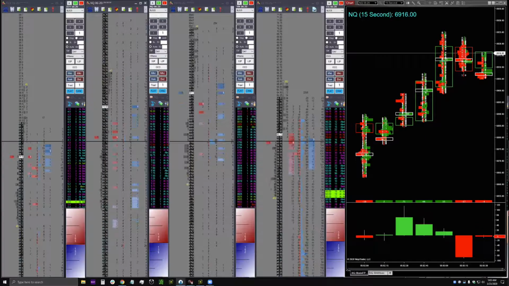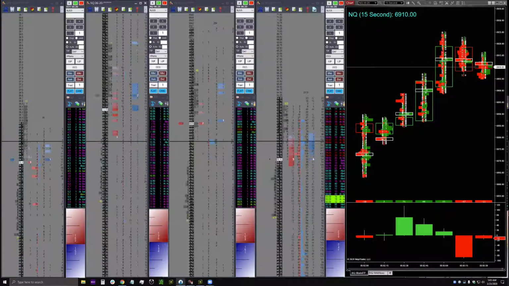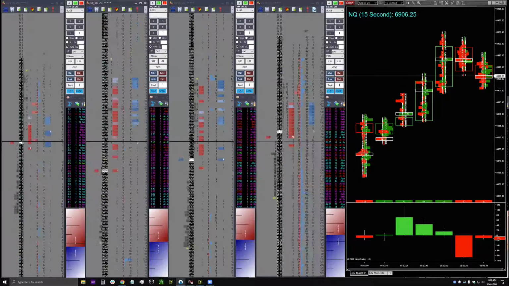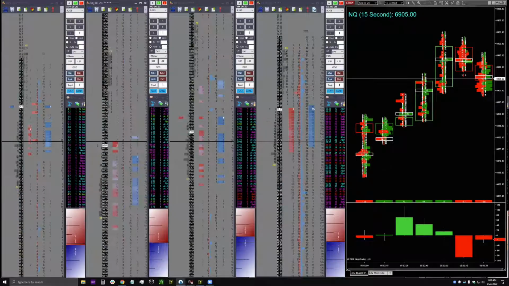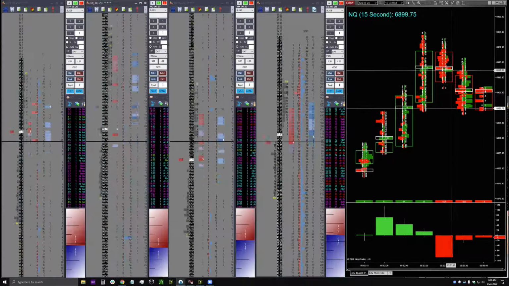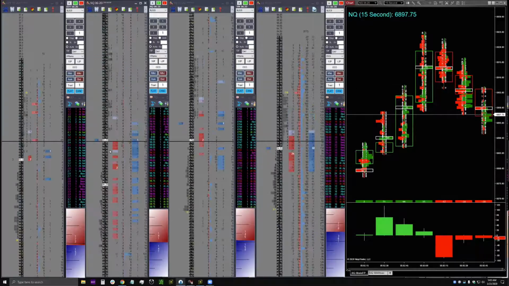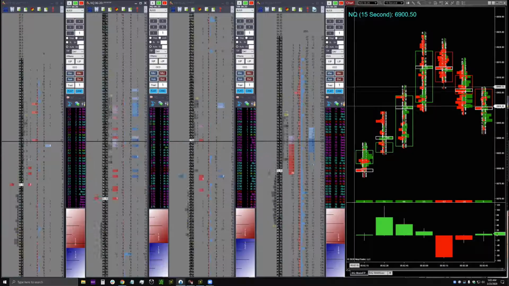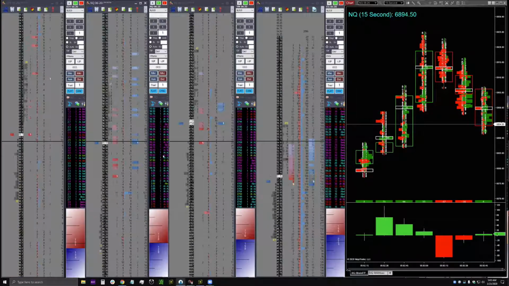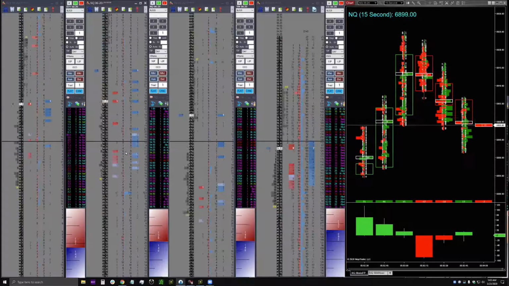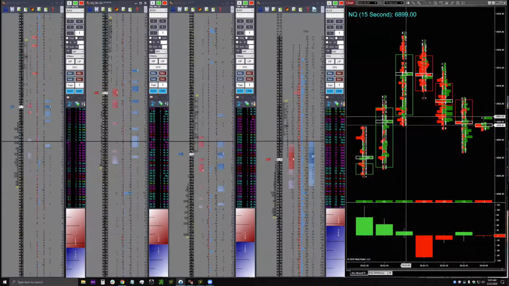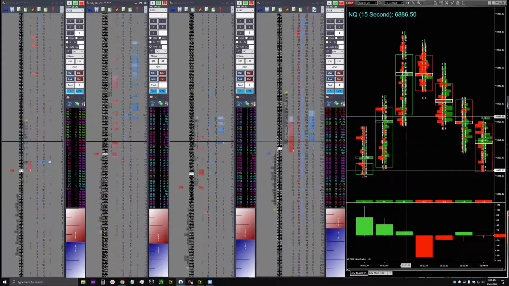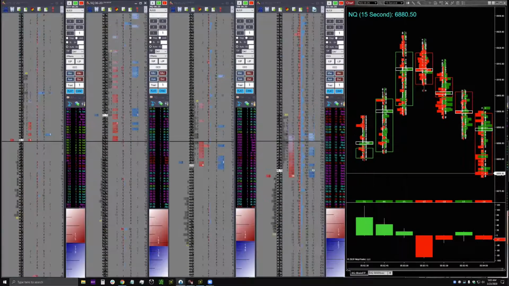Okay, so that's how easy it is. Any questions? I couldn't have written that to happen if I wanted to. But that is exactly how it happens, Amy. And notice how the footprint was telling me the whole story. And if you were watching the dome over here, it just literally wasn't readable. But it was tradable and it was manageable, but you had to not use the dome for your frame of reference. Okay, I'm going to pause on that for questions and comments, because it just doesn't get any better than that looking for examples.